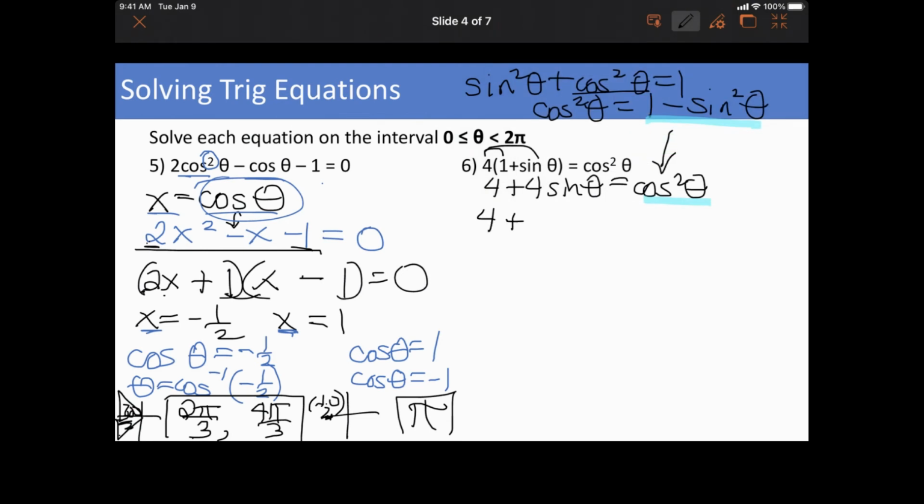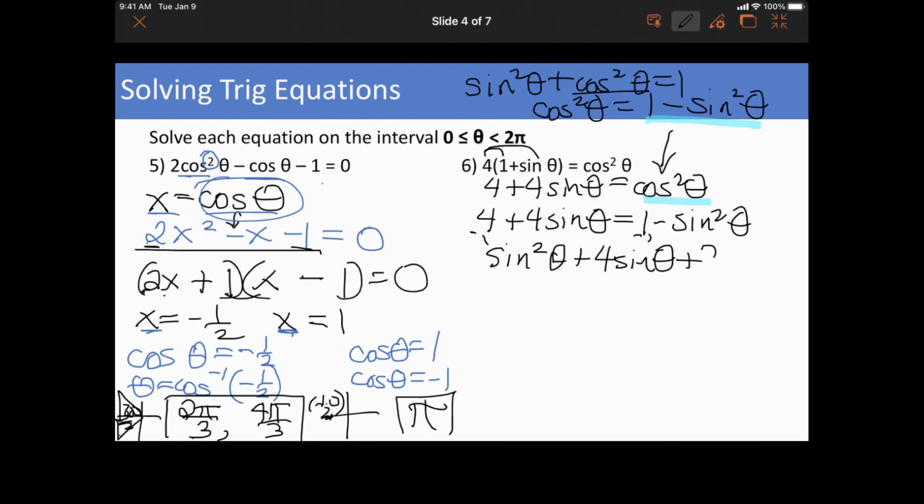Now when I do that, what happens? Now I have all sine, and that's what I want. I want everything to be sine. I don't want 2 different functions in an equation. So I'm going to move everything to the left because you still want it to equal 0. So I'm going to have sine squared theta plus 4 sine theta, minus 1, that's going to be plus 3 equals